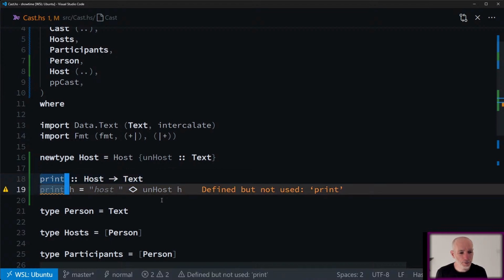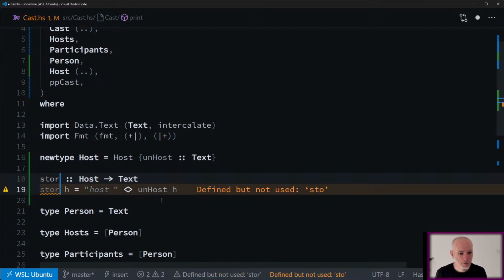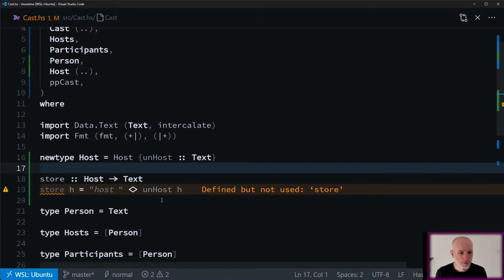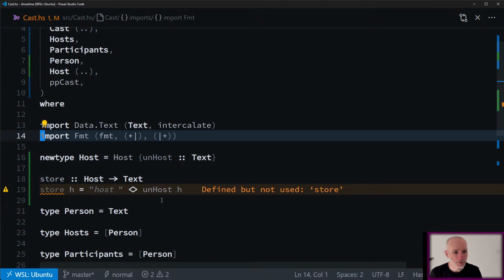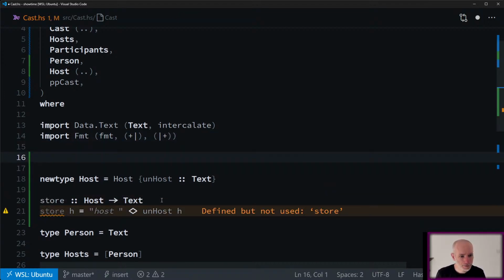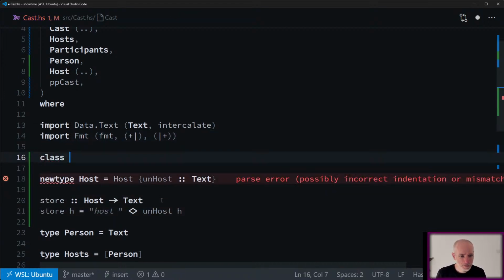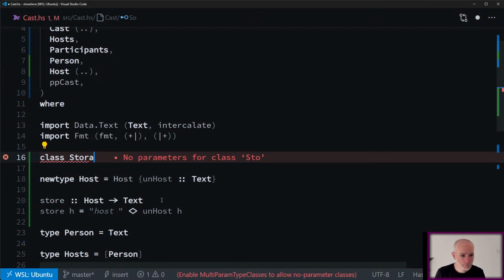Maybe I'll call this store. Store is not quite right because it suggests I'm actually storing it, and what I'm doing is preparing it for storage. But I was thinking I could write a type class called storable or something. Storable.